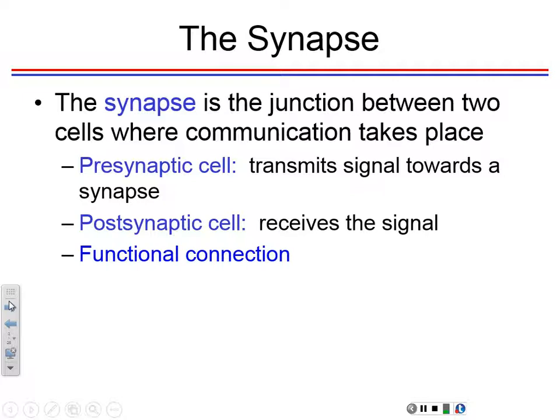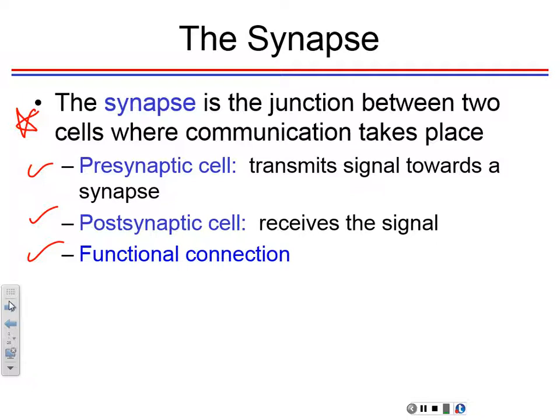So synapse, of course, is the junction between two cells. It could be a neuron and a muscle cell, which we talked about quite a bit last time, or it could be between two neurons, all right? The cell that is the first one before the synapse is the presynaptic cell, just like the word means, before the synapse, all right? And then the postsynaptic cell will be either the muscle fiber or the second neuron, right? And we already talked about it. This is the functional connection, because these are not physically touching, and we talked about the advantages of having that functional connection where there's not a physical connection, okay?